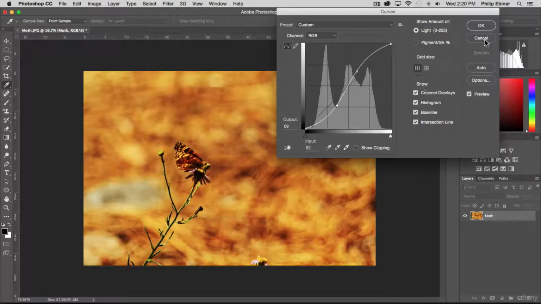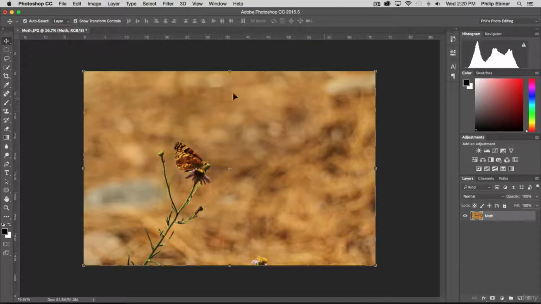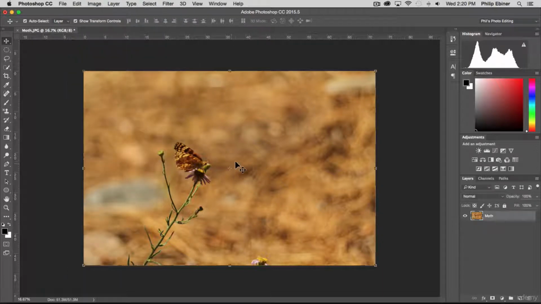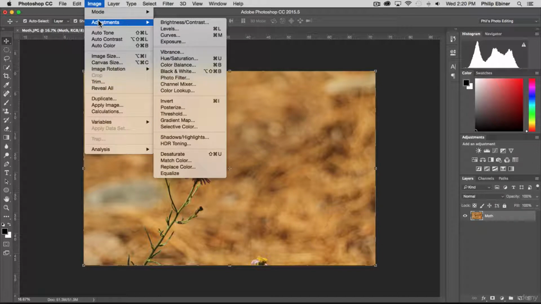saturated image. I'm going to click cancel just so we can see what the image looks like unedited. But to save any of those to the photo, you just click OK. A couple of the other options, and again, we have to make sure that we click the layer that we want to edit. Go to Image, Adjustments. We have vibrance, hue, saturation, color balance,